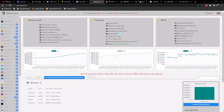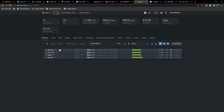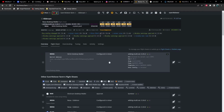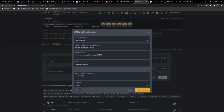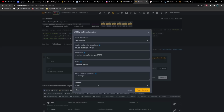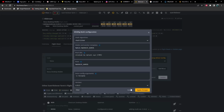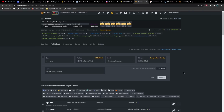Now I believe that beta is now available in HiveOS, so let's go ahead and take a look at the flight sheet real quick. So yes, I'm on 0.35.3. That is the latest version. So I guess it's no longer a beta, but just FYI, if you're on 0.35.2 or 0.35.1 or anything prior to that, your hash rate is going to be considerably less than the newer